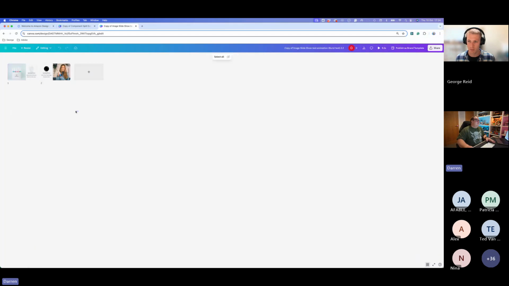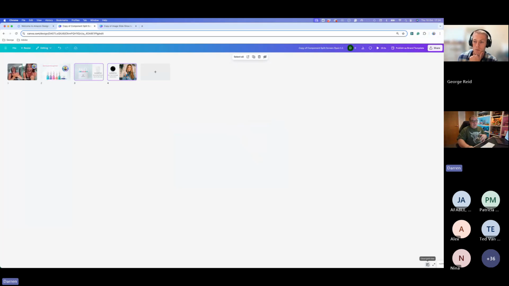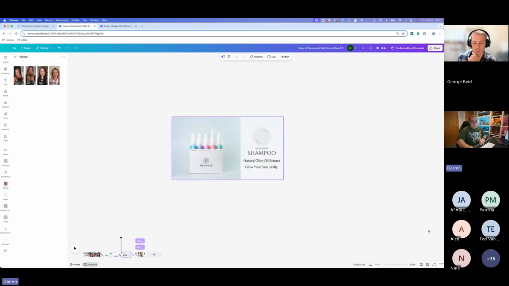If you come to grid view and highlight these 2 frames, or pages, we're going to just click Control C, and then we're going to come over to grid view over here as well, and we're going to click Control V, and it automatically adds those 2 extra frames into our original video. Now, to get back to the actual full view, we'll just click on the grid view again, and it will come back to that.